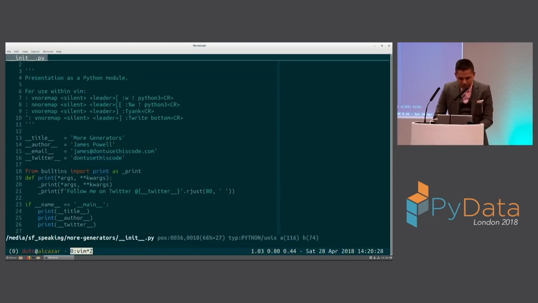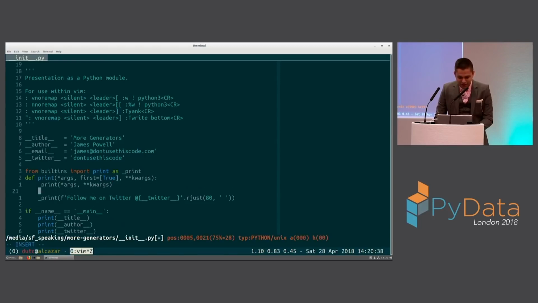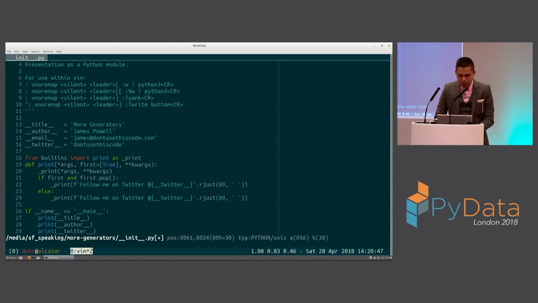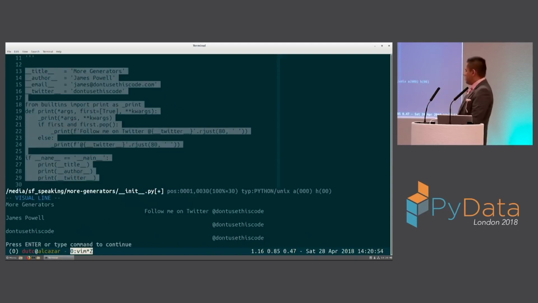So what we'll do is we'll just play with this a little bit. This is harder than it looks, by the way. This is much harder than it looks, folks. I'm not faking it. This is for real. If first and first.pop, else, because we want this to be really classy. We'll only put the full follow me on Twitter the first time it prints out. There we go. Isn't that fantastic? So hopefully we won't do this for the whole talk because that'll be really tedious. But that's kind of what you're in store for. If you want to leave now, that's okay.